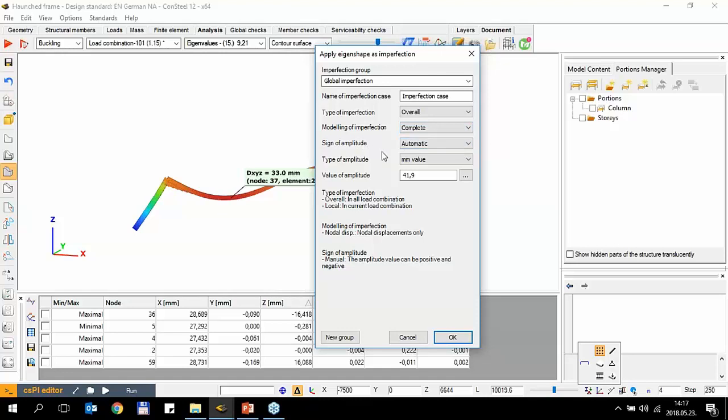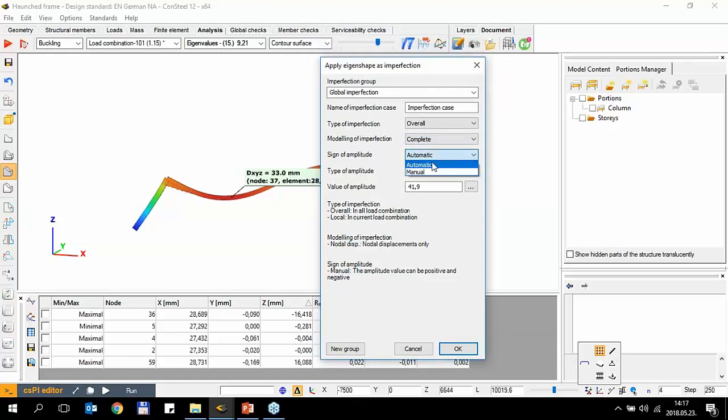The next option is the sign of amplitude. In this case, we have two options again: the automatic and the manual. In case of automatic, ConSteel will determine the sign of the amplitude automatically according to the load combinations. So the sign of the amplitude means the direction of the imperfection. So if you use the automatic option, ConSteel will determine automatically the direction of the imperfection in all of the load combinations, and will be applied accordingly to the